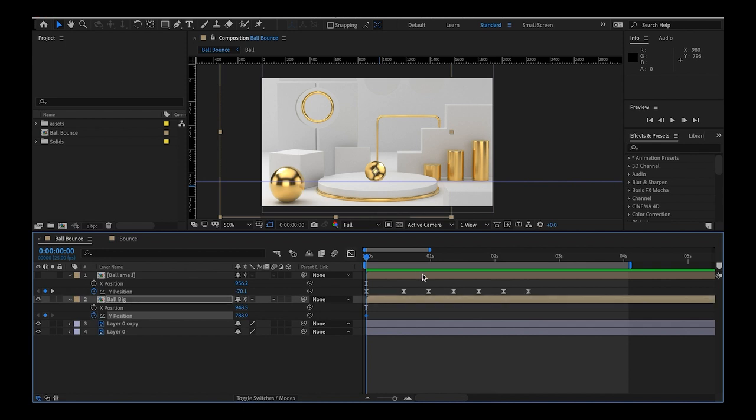Right click, separate dimensions, add a keyframe. So I want the keyframes to be the same as in the previous small ball. I just keep duplicating. First of all, I want to go back to 0 second and then let the ball maybe fall from above. And then when it falls,